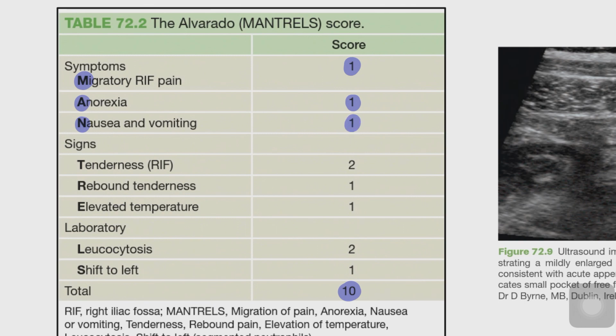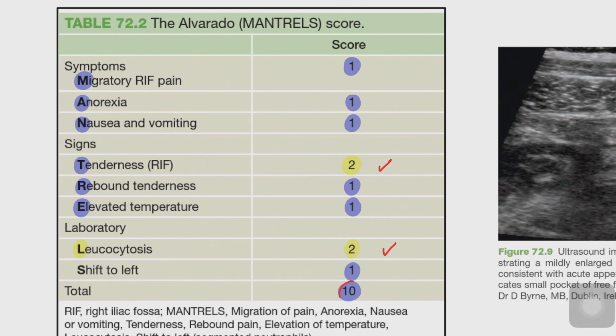In signs we have tenderness, which is given a score of 2. This is very important. Then we have rebound tenderness with a score of 1, elevated temperature, that is fever, with a score of 1, and we have leukocytosis, which is a score of 2, and shift to left, which is formation of immature cells, given a score of 1. So we have only 2 parameters which have a score of 2, that is tenderness and leukocytosis, and